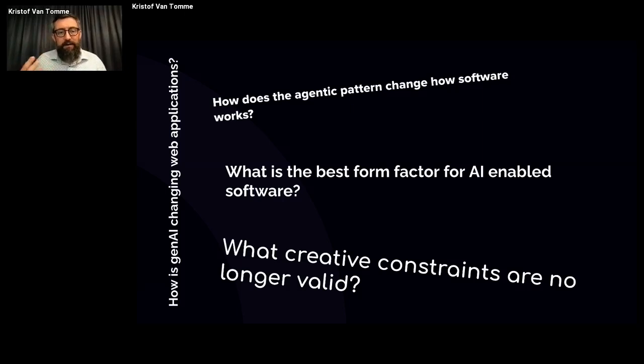And then also, for me, the most important question that is maybe not asked by a lot of people: what are the creative constraints that have just become invalidated? What is fundamentally shifting because something is now different? And how does that affect the rest of us?